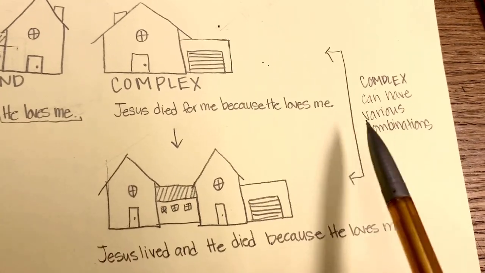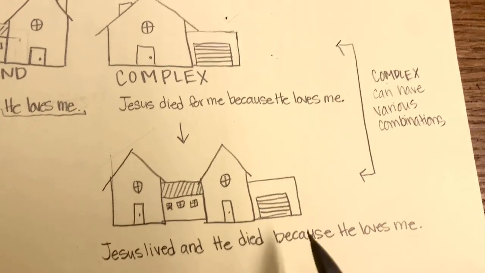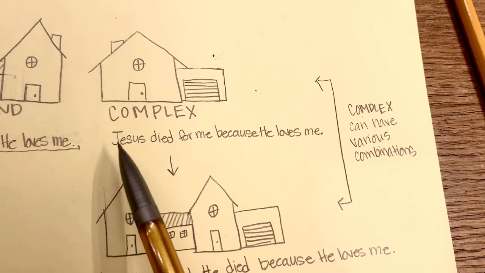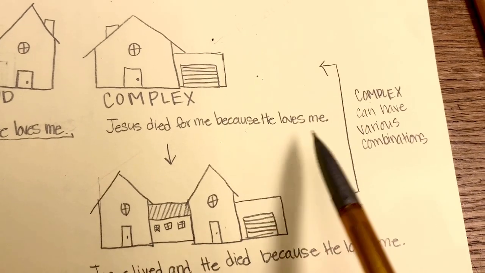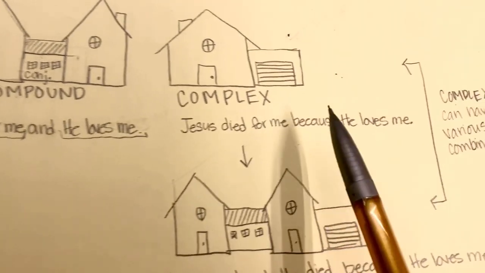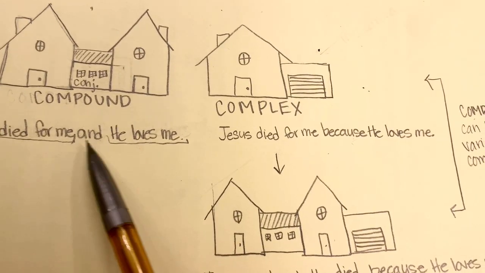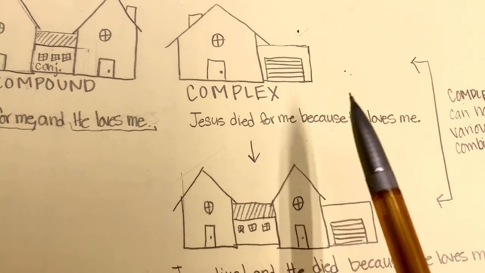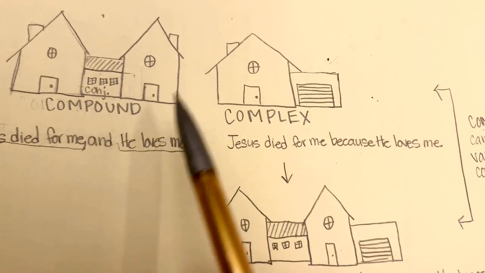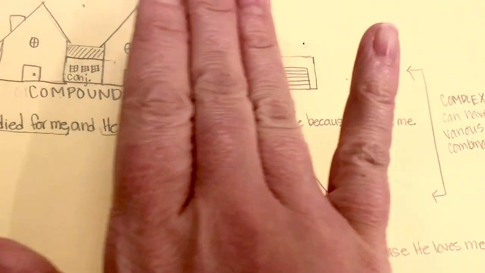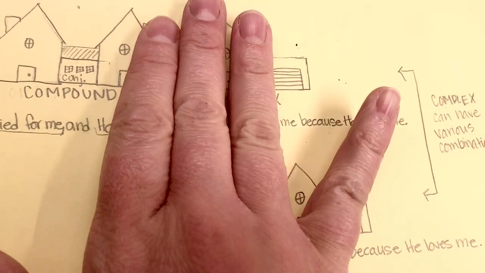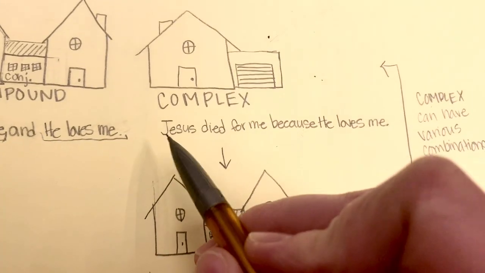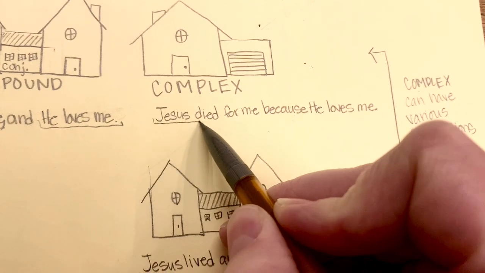Complex can have various combinations. It can look a little bit different, which is why I wrote 2 examples here. Let's read this sentence. Jesus died for me because he loves me. These sentences are almost identical, but our conjunction can actually determine whether our clause is independent or dependent. Would it make sense for you to have a garage just by itself? Not really. It makes more sense to have a house by itself. So here's our first sentence. Jesus died for me